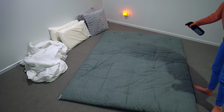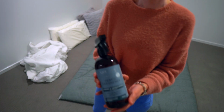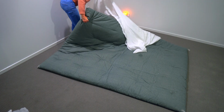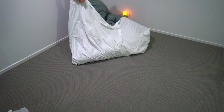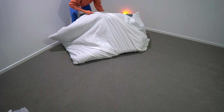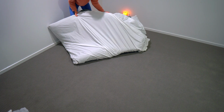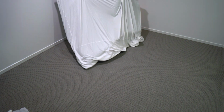Whenever I am making over a space, I love to go a little bit extra. I'm just using some fabric refreshing spray. It just gives everything a really light, beautiful scent. I, of course, made sure I washed all of our bedding so that this will feel like a brand new room. Now, I realize how incredibly awkward I look making my floor sleeping bed, but it is so good